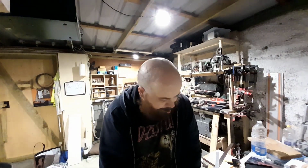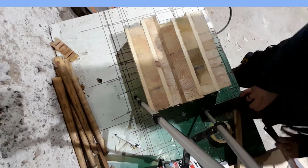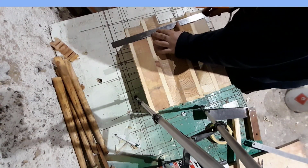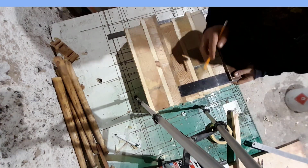Oh yeah, we're about to mark this baby up for some serious bounce action. The only thing I want to do here is roughly square this up. So I'm just going to take the front side here as my basis. Extend my line. So the point is to get us part of the square edge we can work off, because what I want to do is